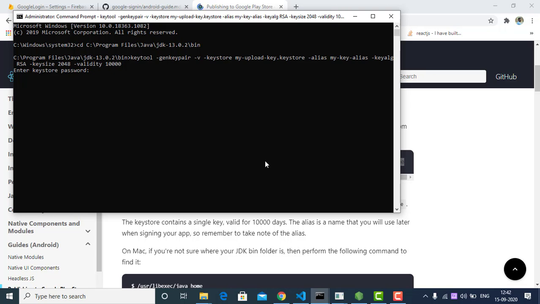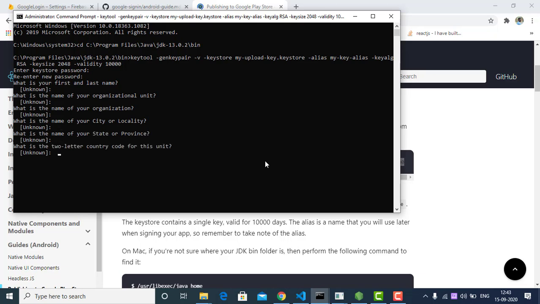I'm going to enter Google login and hit enter. It will ask for your first name, then city, and other details. If you want to enter these, that's okay. If you don't, just hit enter. And lastly, when it asks if this is correct, type yes, then enter.